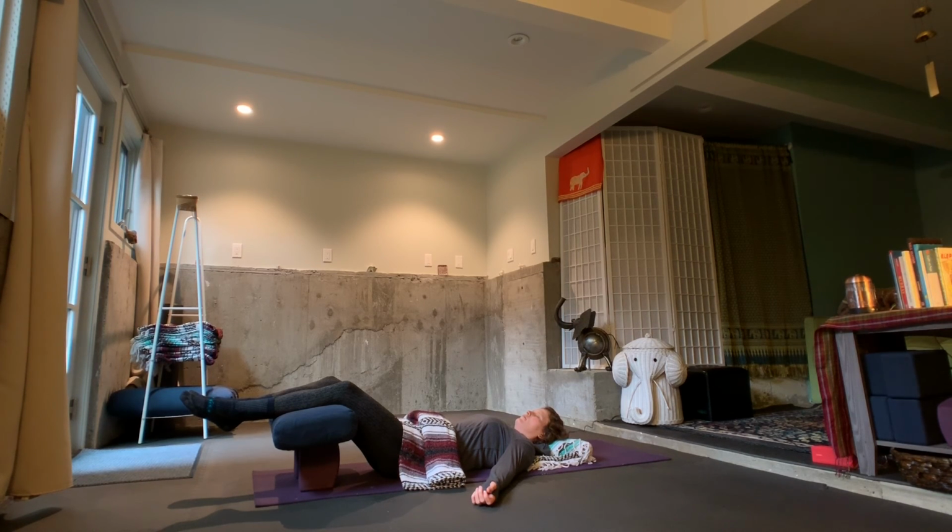left front of the thigh, left front of the knee, left shin, left front of the ankle, left top of the foot, left big toe, second toe, third toe, fourth toe, pinky toe, left bottom of the foot, left heel, back of the left ankle, left calf, back of the left knee, back of the left thigh, left glute,